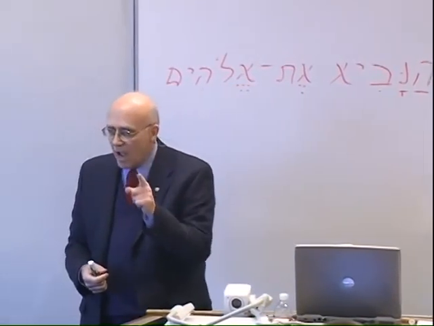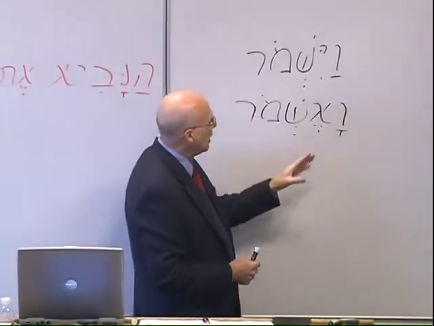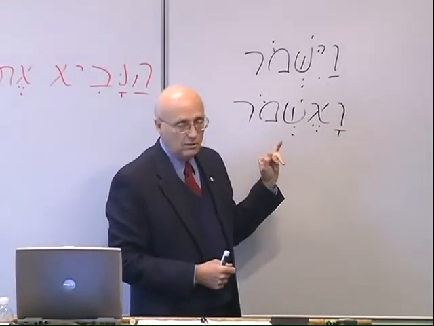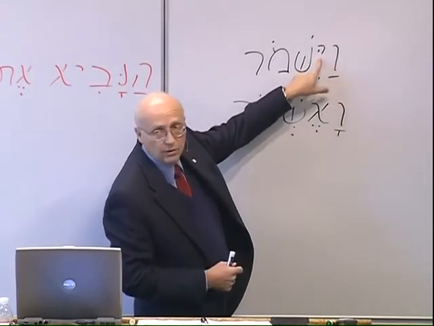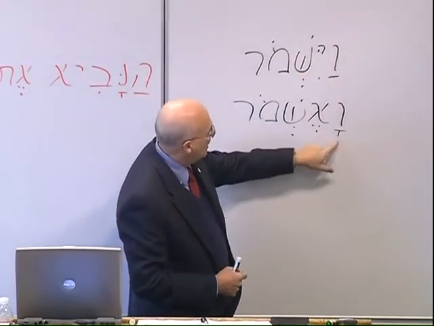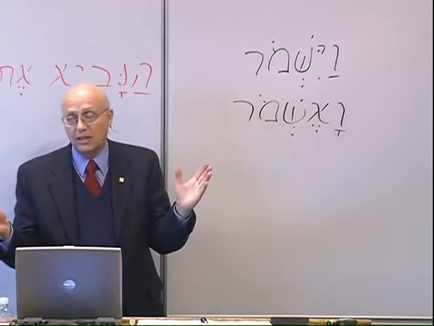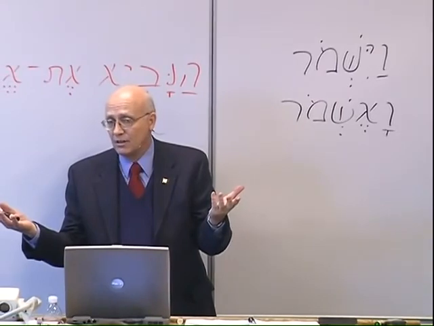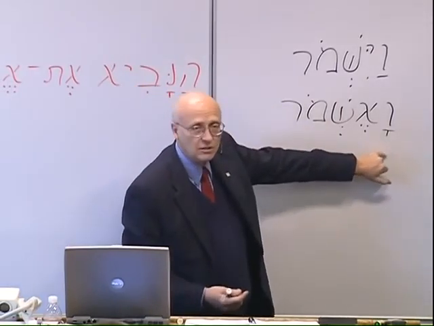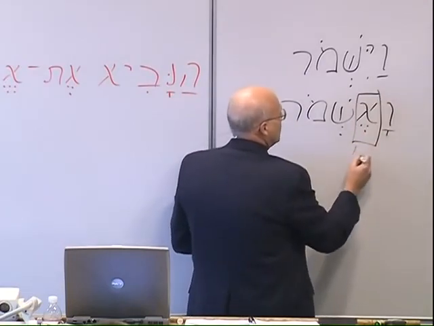Anytime you see a vav at the beginning of a word, and it will always be on the beginning of an imperfect, it will have an A-class vowel under it, a patach if the prefix can be doubled, a qamets if the prefix cannot be doubled, and the only prefix that cannot be doubled is the aleph of the first common singular. So that's the only place you're going to see this. It's when it's associated with this prefix that is first common singular.